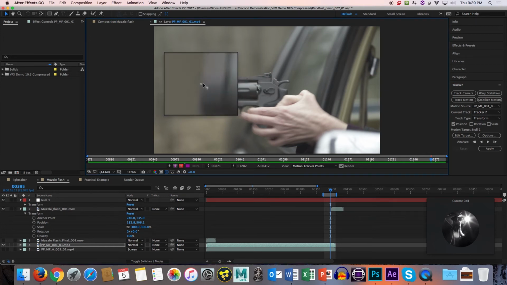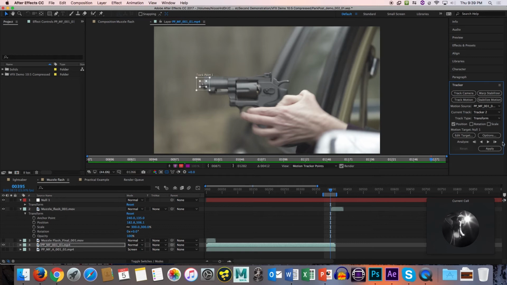So like you'll see the difference between earlier I had gotten this. So this isn't a great edge to track because you'll see how soft it is. There's not jagged lines, there's not white on black or black on white. Really, the more contrast you have, the more the computer's gonna be like, oh, okay, I recognize that, just like you would be able to. But the computer does it much faster and more accurately. So I'll pick a more contrasty point, like right here, where there's a dark line next to a lighter gray, and hopefully, if I track forward,